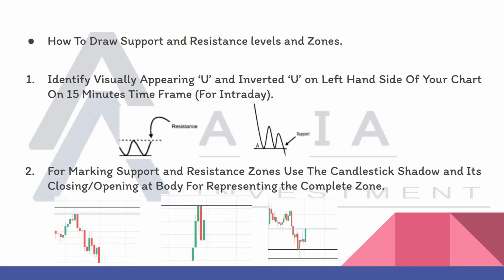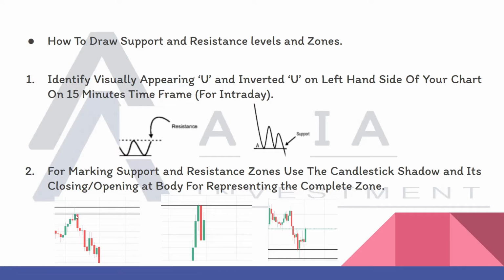Now once you have identified support and resistance on your chart, the point is how you mark those levels. For marking a support or resistance zone specifically rather than levels, let's say we want to mark a resistance. Now you can see price has taken a shape of inverted U at this level. So you need to draw one horizontal line at the top which the price has made while formation of this inverted U shape, and the next line for the zone you would place at the close or open of the